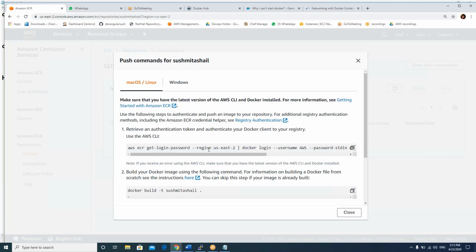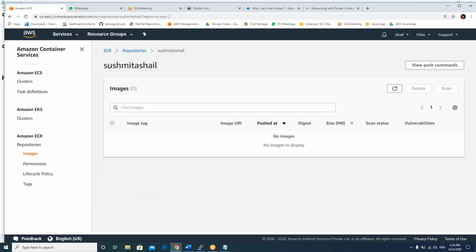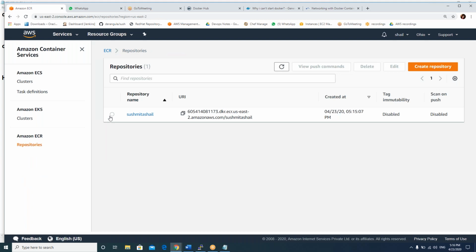This is one option. If you don't want to push your images into Docker Hub, you can push them into ECR. In the same way, in Azure we have a registry service to save our images. In Google Cloud also we have. Even Nexus, one more type of repository, can be used to store your images. So it's up to you.